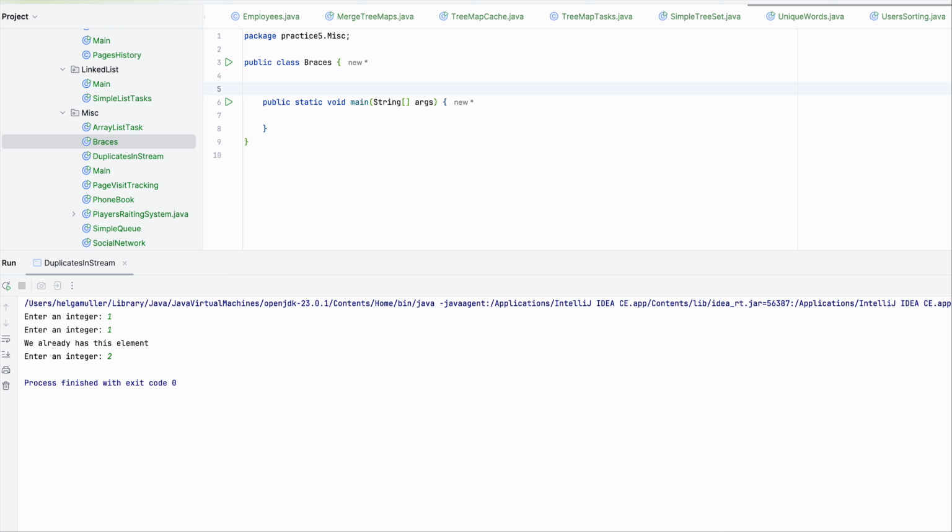So if we find it in the list of values, we push it into the stack,